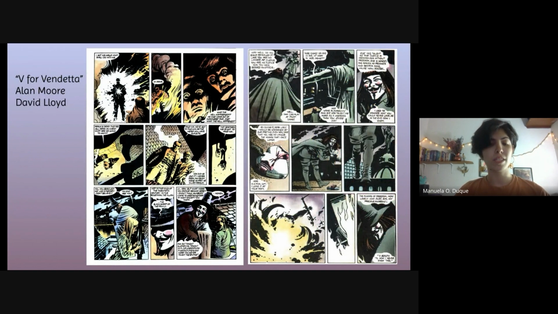This one, for example, V for Vendetta, also from Alan Moore, we see a theme of who is using the 9 panels, and David Lloyd. So we're gonna dive a little bit deeper on how you get people to follow the flow of the panels a little bit later. But even now you can see how